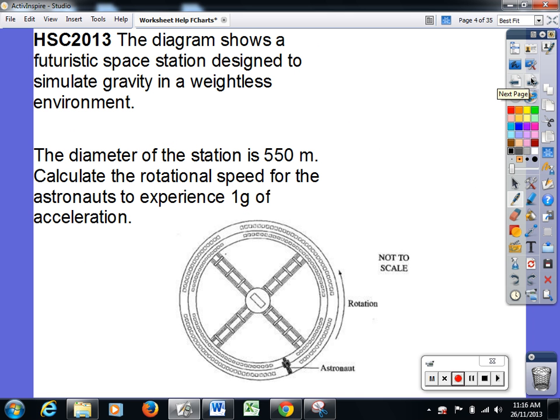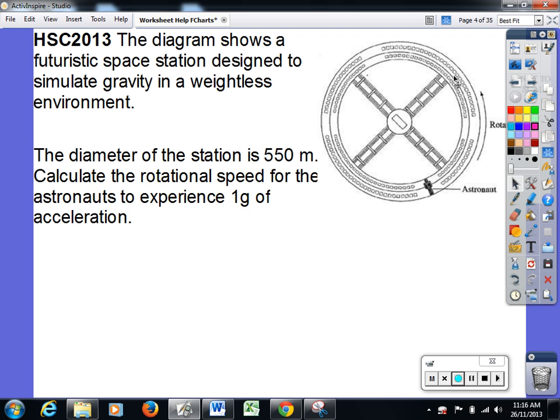The question we're now about to attempt, which is question number 4 on the worksheet, is a question that was placed on the 2013 HSC. And it gave a diagram of a futuristic space station which is rotating. And it's just simply a